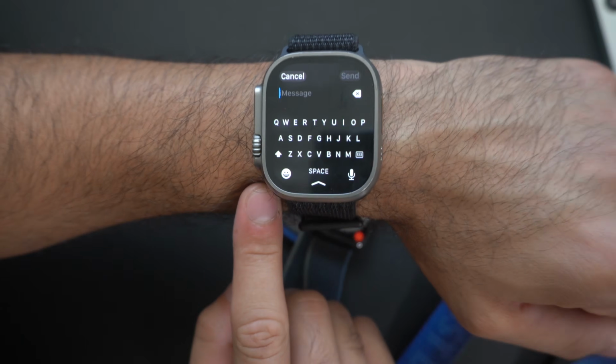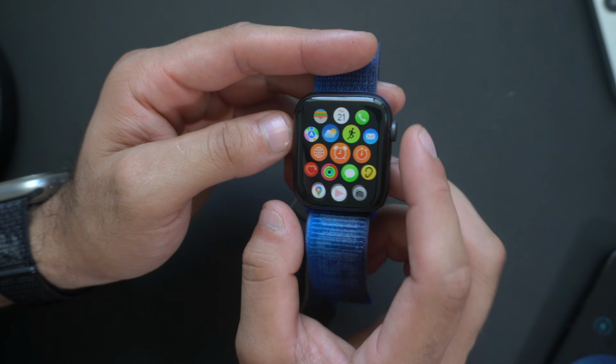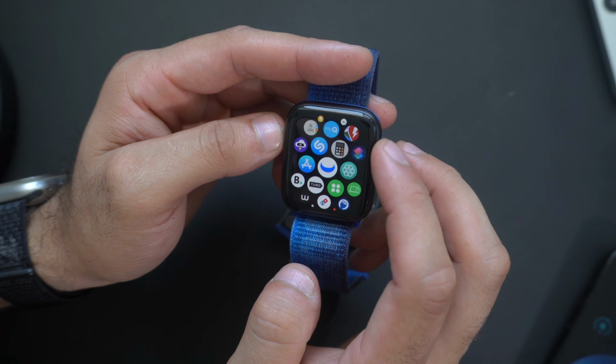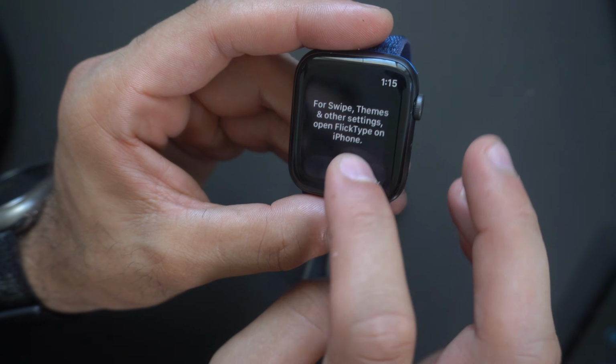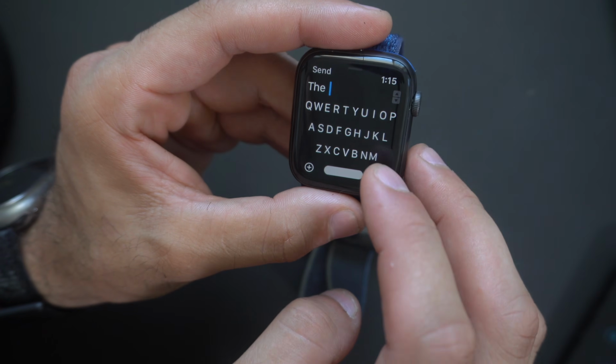And if you want to add a keyboard on your Apple Watch that doesn't support a keyboard, you're always able to download a third-party app. The one I recommend is FlickType. The app is free to download. You can't pay to customize it, but this gives you the capability to send a message